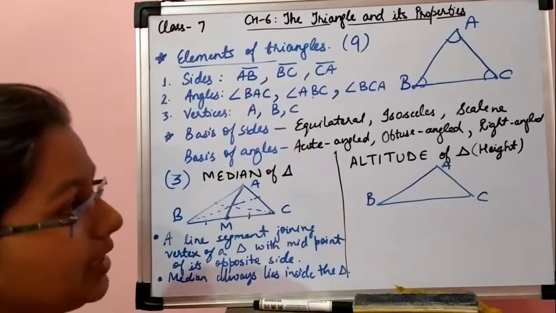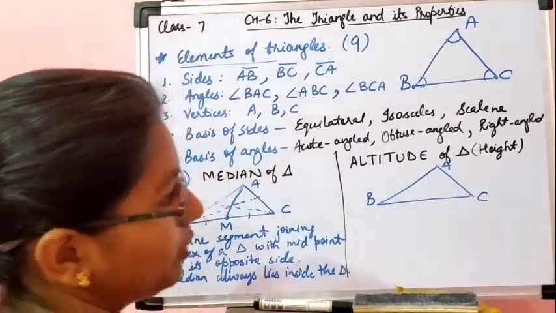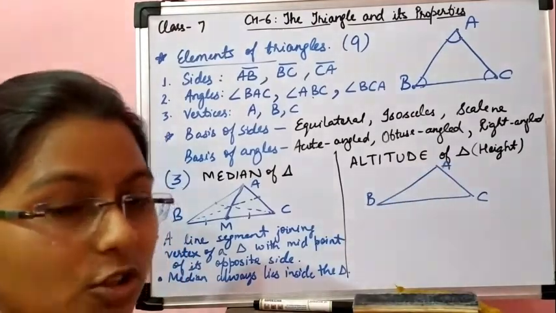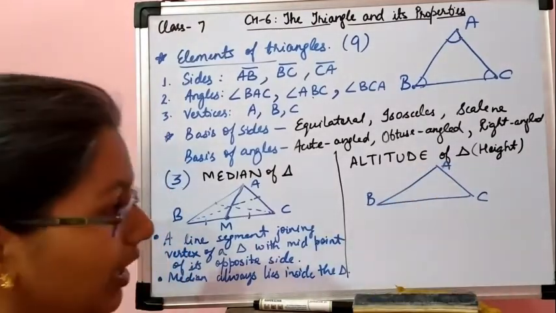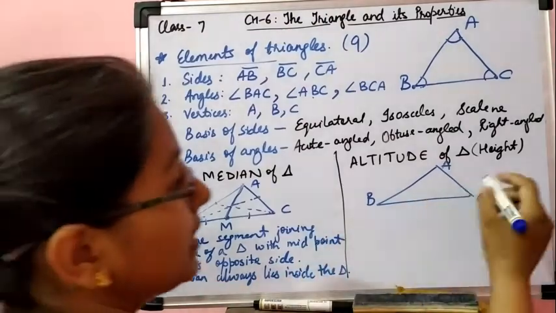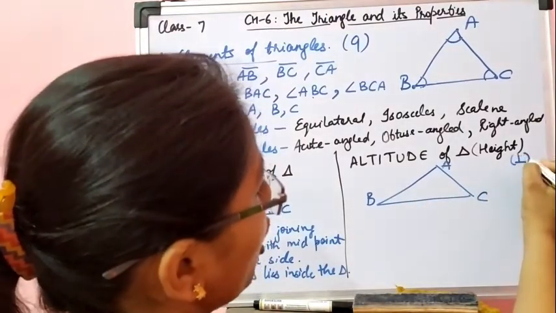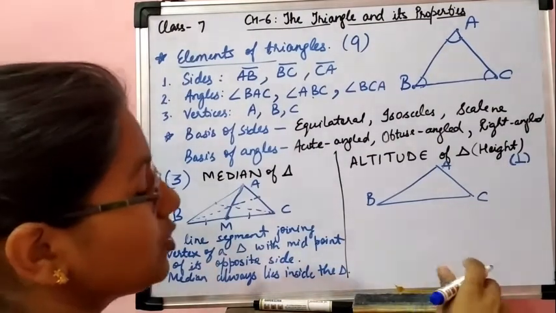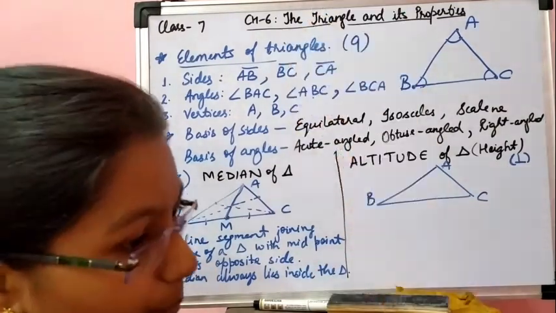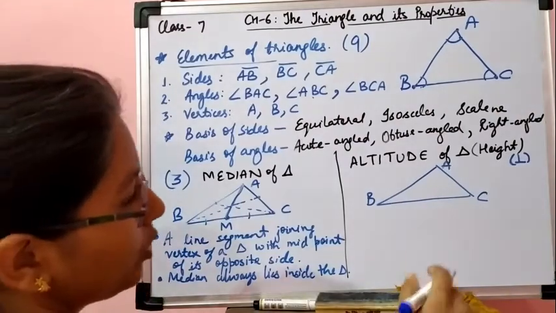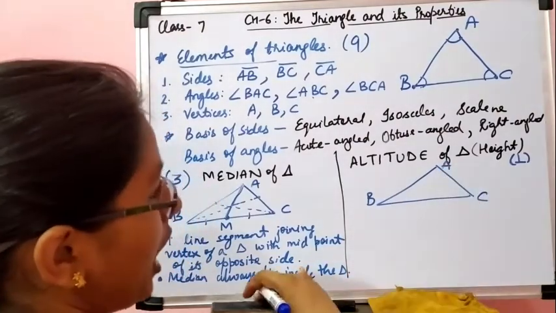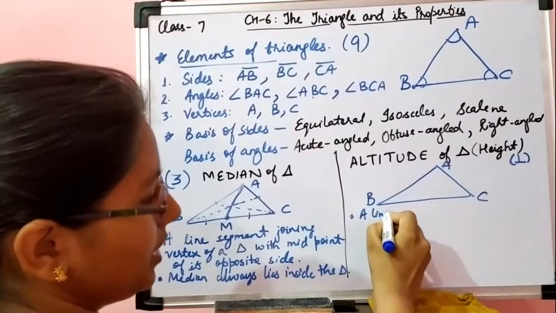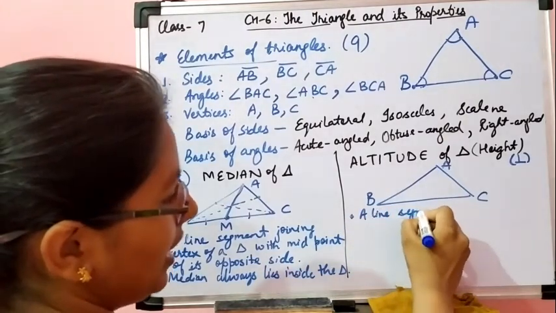Now what is altitude? एल्टीट्यूड के लिए मैंने ब्रैकेट में वर्ड लिखा है हाइट. Means altitude of triangle can also be said as height of triangle. और एक चीज हमेशा ध्यान रखिएगा, that height of triangle should always be a perpendicular line segment. किसी भी चीज की जो हाइट अगर हम बात करें तो हम उसकी परपेंडिकुलर हाइट की बात करते हैं. Okay, so how I can define altitude? Altitude is also a line segment.